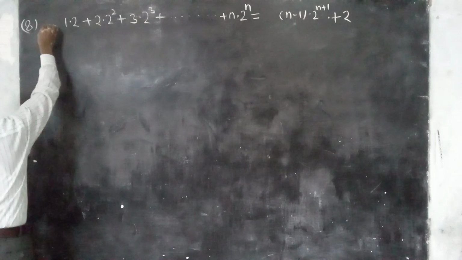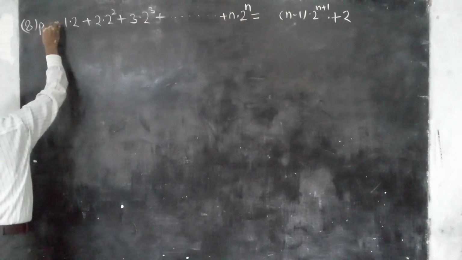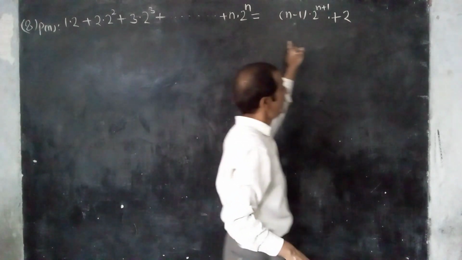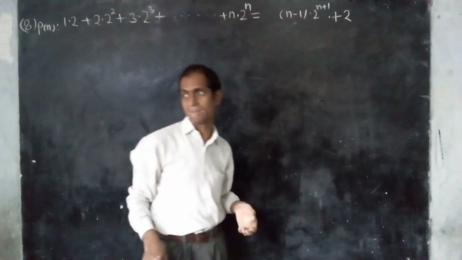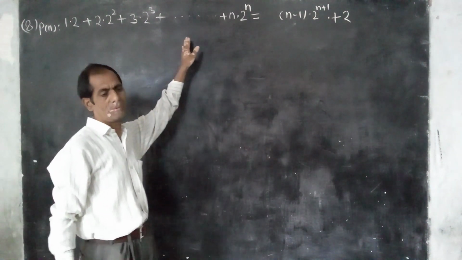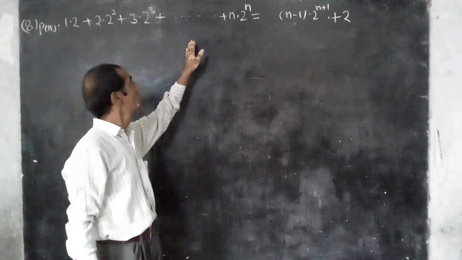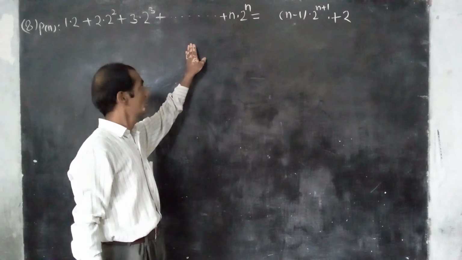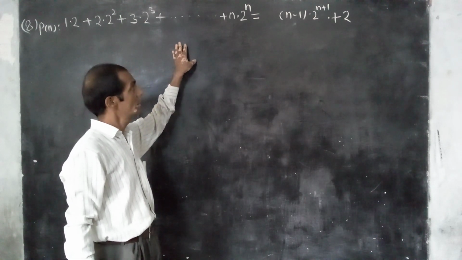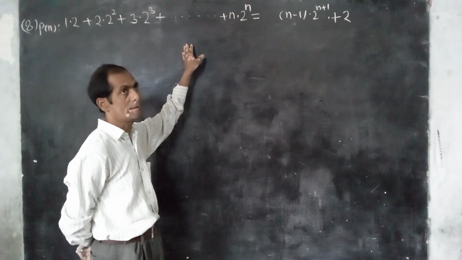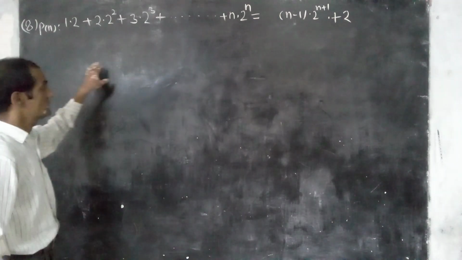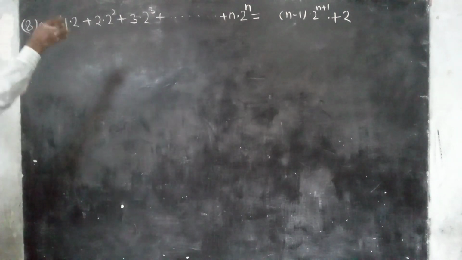To write this mathematical induction in this form, let Pn be the given mathematical statement. In the principle of mathematical induction, we first prove that the given statement is true for n is equal to 1. Then we suppose that the given statement is true for m, that is Pm is true. Then we show that the given statement is true for n is equal to m plus 1. If Pm plus 1 is true, then the given statement is true for all natural numbers. So first step,